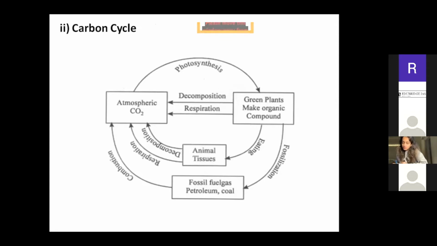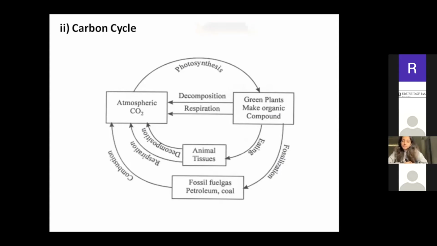Carbon cycle. And what are the important processes through which carbon is made available to organisms, or how that carbon is removed from organisms and it is again refilled or replenished in the environment. So those processes are in the form of photosynthesis. Through photosynthesis, plants use atmospheric CO2 directly for converting solar energy into chemical energy in order to prepare their own food. So that is photosynthesis.